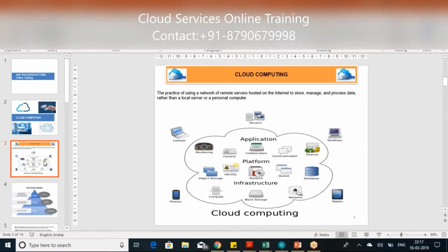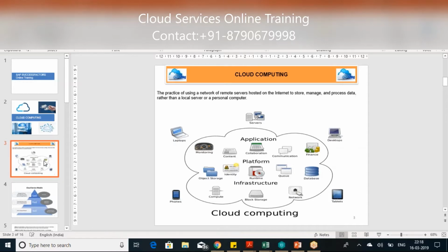These platforms can be .NET, Java, ABAP, anything. Then on top of your platform you have your application, which we work with as end users or admins. The front end we use is the application. Behind the application, your platform manages the application, and that platform is installed in the infrastructure.